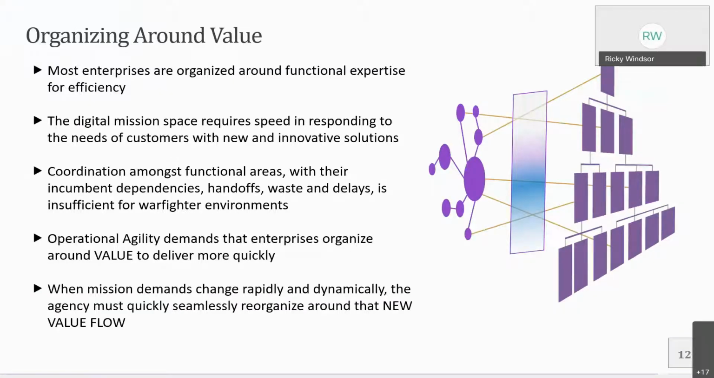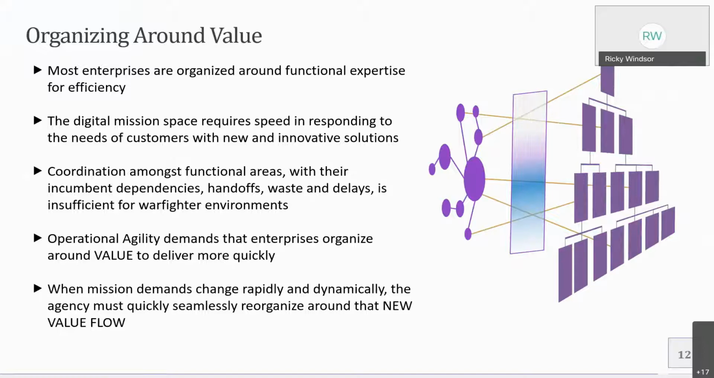So to the point of organizing around value. Most enterprises are organized around functional expertise for efficiency, especially in hierarchy type organizations, right? Versus organizing around the value of a product delivery. That's where you have, for example, all of your IT people in one room, and all of your planners in another room, and all of your strategy people in another room. The joint staff structure is very much that way, and then tiered underneath even more so,